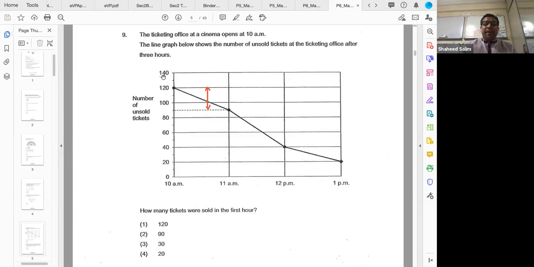Okay, Izzat, can just take 120. He had 120. After 1 hour, he only got 90 left. So 120 minus 90, you got 30. He sold 30. Because this is the number of tickets at the